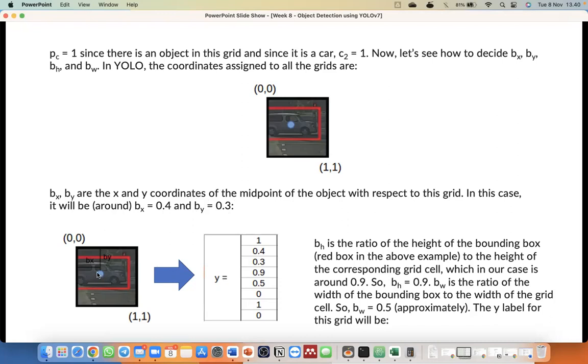So the position of this midpoint is around 0.4 and 0.3. For the x, it is 0.4. Why 0.4? Let's say we have a line here. This is the line, right? The x coordinate will be this one. Sorry, this one is not the x coordinate, but the y coordinate.